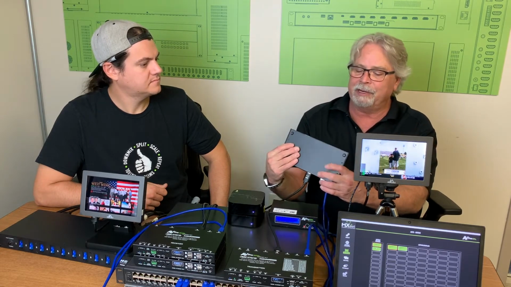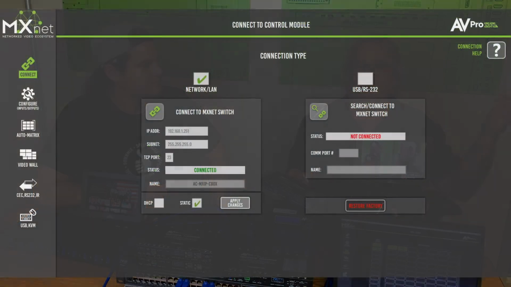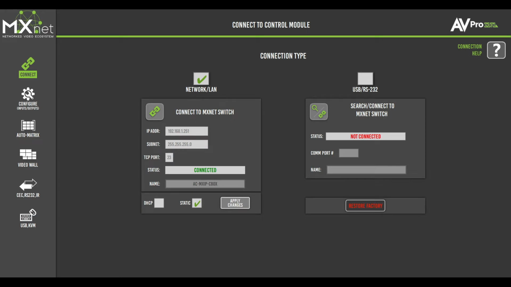Now, what I mean by name is you can give these things a custom name, so that you can name all the transmitters, the inputs, the sources: DirecTV 1, DirecTV 2, Apple TV 1, Apple TV 2, whatever your sources might be, you can name them. All right, so now what we're gonna do is put on screen the actual control